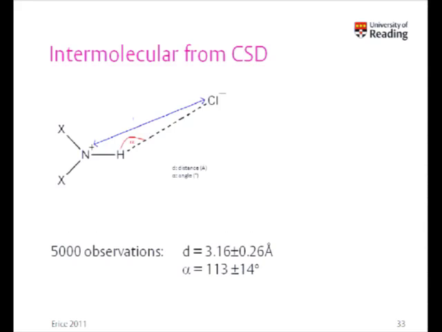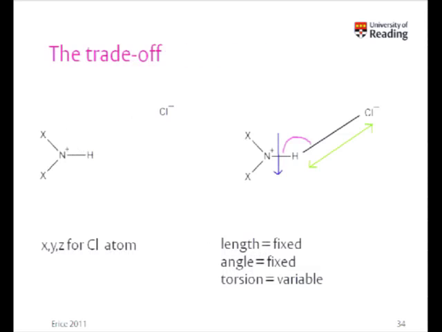In order to do that, you need to probably go in and tweak the internal coordinates. In this particular case, the benefit isn't instantly obvious because you're trading an XYZ position for the chlorine atom for 3 parameters here, which are a length, an angle, and what I could call a virtual torsion angle. So we've traded 3 for 3. Where's the benefit? Well, the benefit is that the length, to first approximation, can be fixed or a very tight constraint put on. The same is true of the angle, leaving only the torsion as variable. So we've effectively taken 2 parameters out of our problem equation.